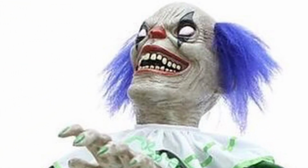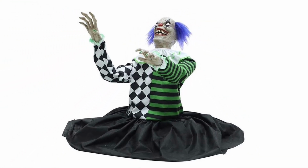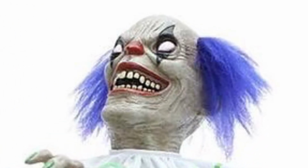But still, I'm really excited to see how the pneumatics are going to work here, because it is going to make for one fast jump scare if it indeed does use pneumatics, which is pretty exciting. And for the clown himself, I think the face actually looks pretty good on this one. It's kind of creepy looking, but as for the rest of the design of the clown, it is painfully basic,